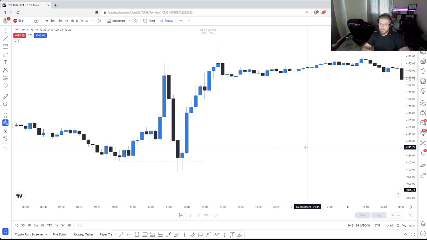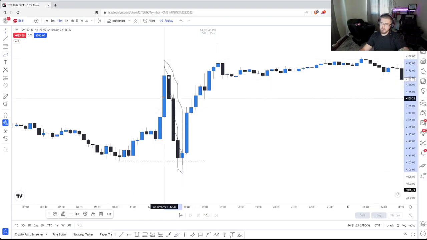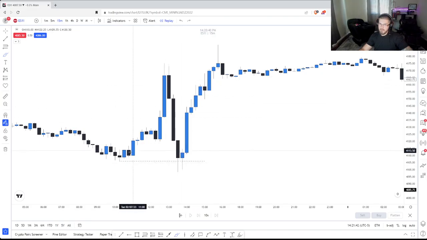So if we see fair value gaps and massive pushes down into an area of liquidity, but we then fail to close under that liquidity and start expanding up, we can assume that this push down is a manipulation move. Now I have to use that in context of the higher time frame since we're on a 15-minute here, but if we see displacement down into a liquidity pool and then a sharp move out, we know that that's manipulation because this displacement helps us determine what true moves are, but it also helps us determine what is a